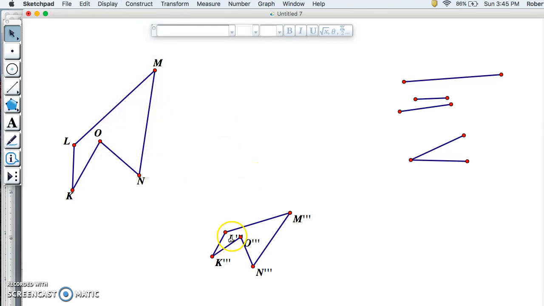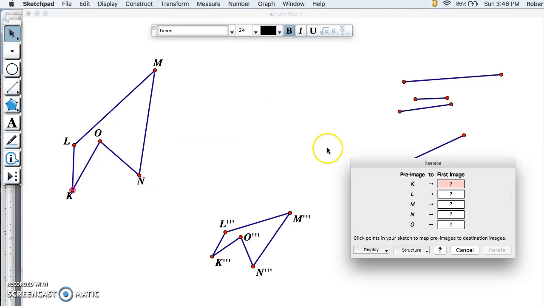Now if you notice, this out of the way, it's the same letters as here, except we have now these triple marks. It means that this point L has been changed 3 times to get to here. We took L, we translated it, we then dilated it, and now we rotated it. So that can help you decide which one of these points should match up with which point when you do the iteration. So let's go ahead and highlight the points in the original shape, and then we're going to do